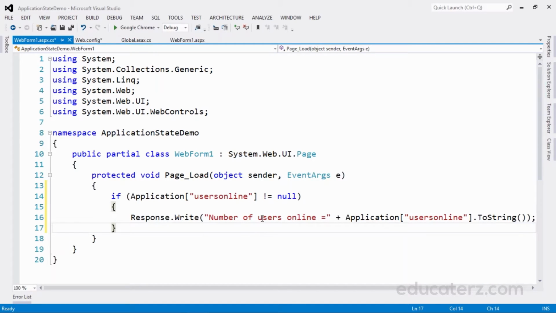So only if it is not null, please convert it with .toString. Otherwise you'll get a null reference error, meaning that without having data, we are trying to convert it to a string. That is not possible. That's it.